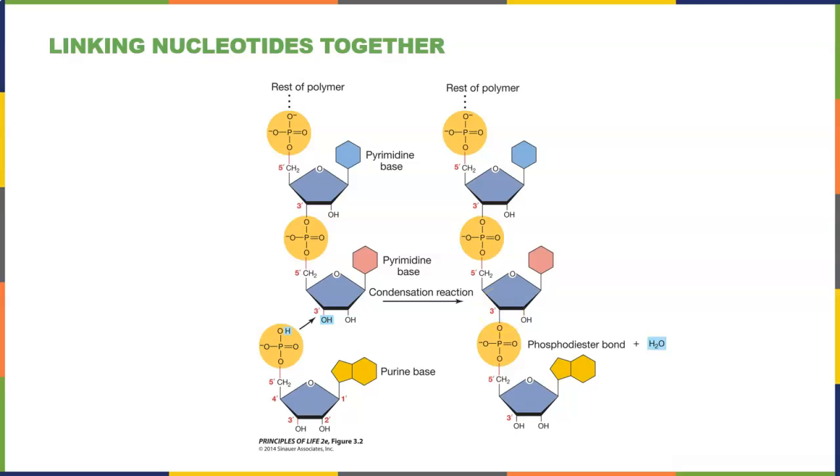So we see this 5' to 3' orientation of the molecule as it's growing this way. Also notice here's the water, right over here, and this new bond we're going to call a